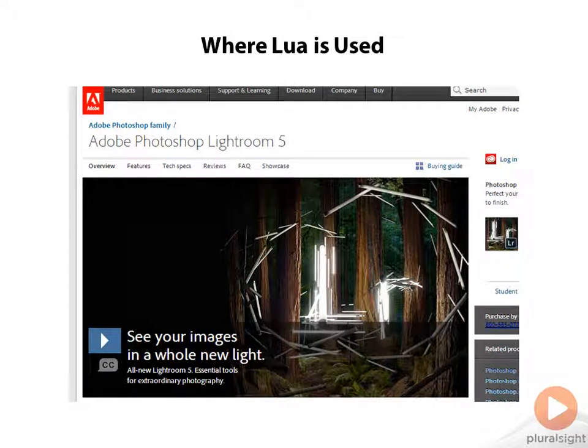Now I want to show you a couple of the places where Lua is used, because one of the really big appeals of Lua is that you can utilize it to script other applications. A lot of other applications actually embed Lua and a Lua interpreter inside of them to make it easier to script